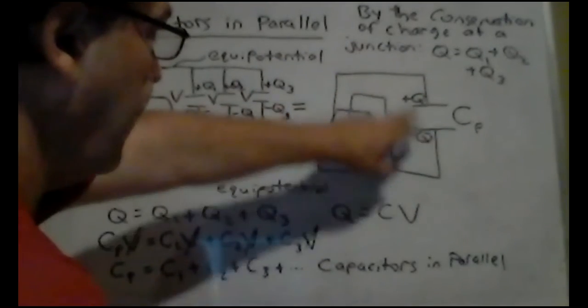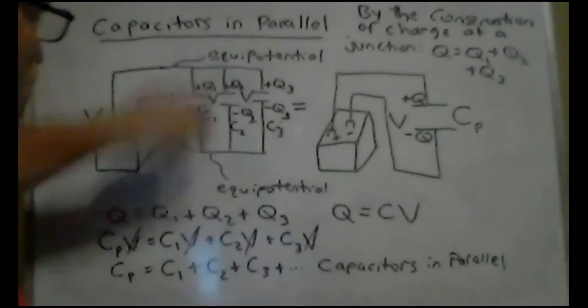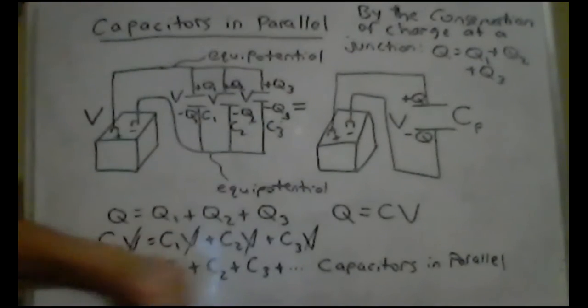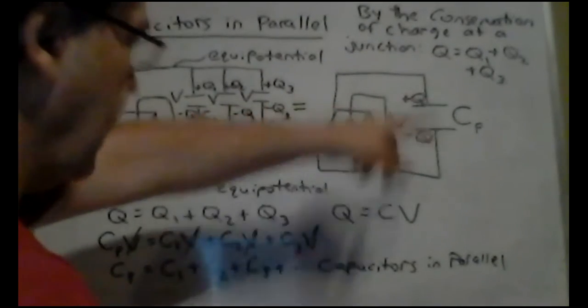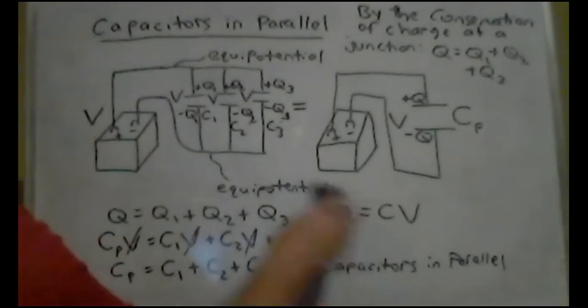This is an equivalent capacitor to these three. Instead of having these three hooked up in parallel like this, I could just have the equivalent capacitor, and I could determine that by just adding up the three capacitances. All right, so to summarize,